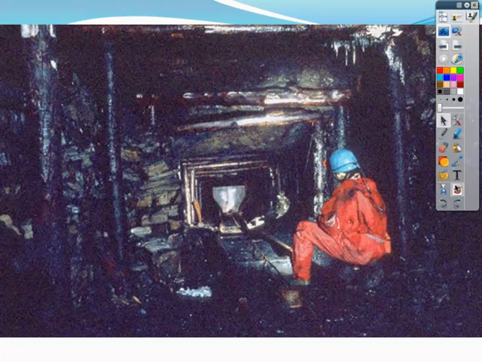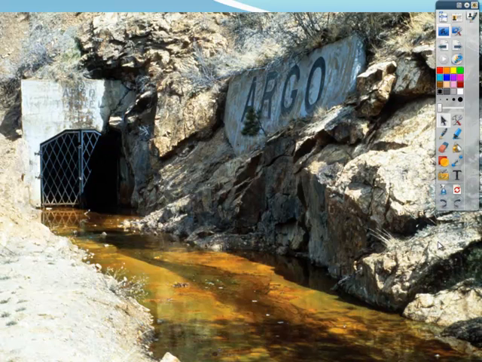Then you also have the old safety issues where the mine could collapse on the coal miners. So you're talking about a process in which it's very, very dangerous and at the same time does not produce all that much coal. And when you think about how much you need, it's just not enough.